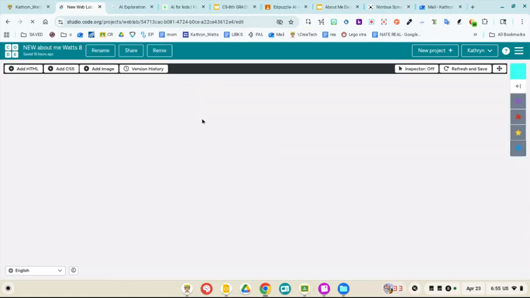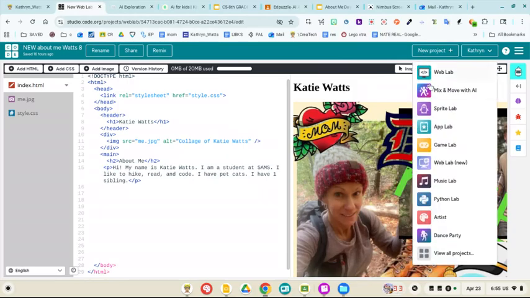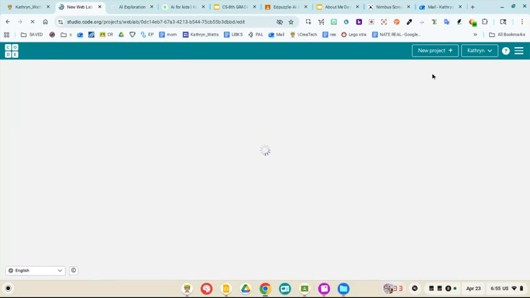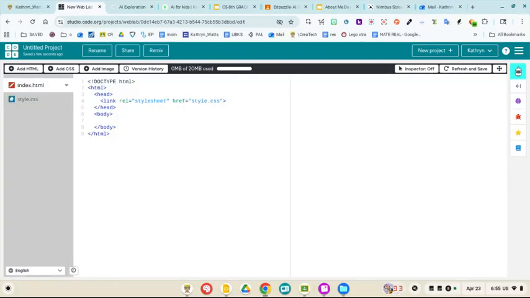Have no fear. If you have stuff loaded, like mine's going to load with code on it, because that's how it's loading when you open the old one. So it's going to open a project that already existed. So what you can do is come up here to the new project, it's the old web up here. So see, it has both options when you go up to there. So perfect. New project. We're going to name this one